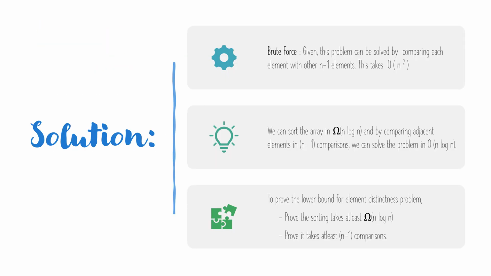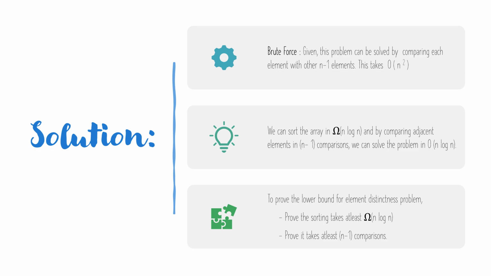So the straightforward solution would be comparison of each element with the rest of the elements in the array. This would take at least n square time. We will reduce the number of comparisons by sorting the array so that if there are any same elements, they will come just next to each other. So we can simply compare the adjacent elements, like the first element with the second element, with the third element. We can say yes if no two elements are the same, and no if there are same elements.